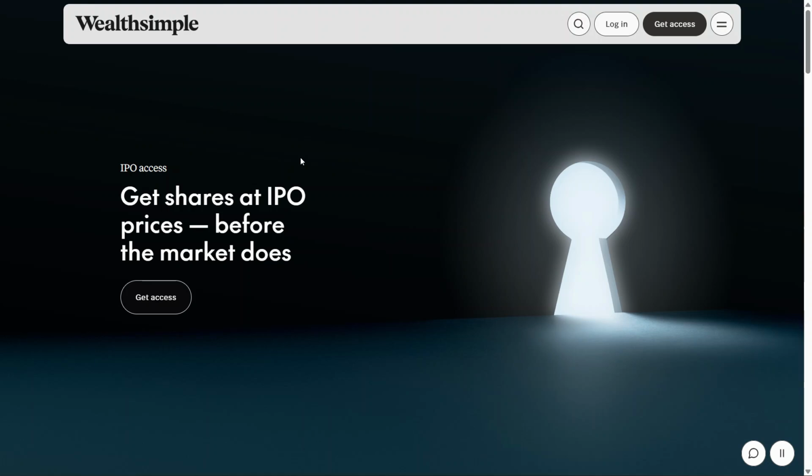We'll see how to buy the SpaceX shares in IPO through Wealthsimple account. For this, you need a Wealthsimple trading account, and you must have cash in the account. To buy shares, you must have cash in the account. And once you have these two, and you are not affiliated to any financial institution, in that case, once you